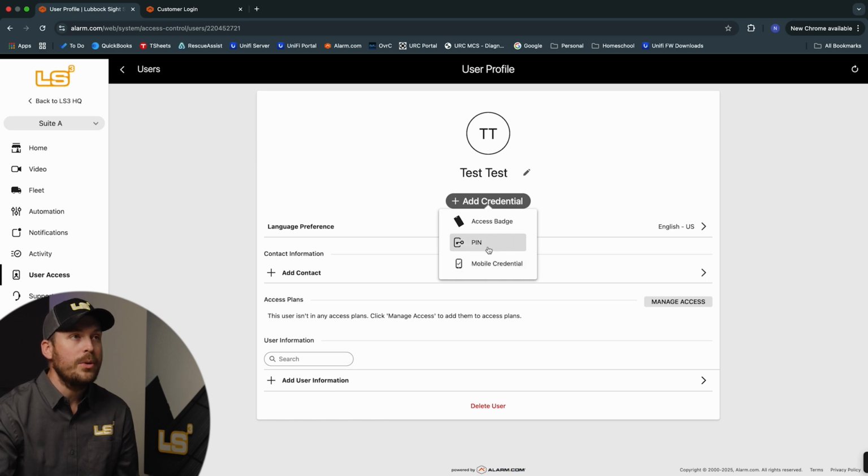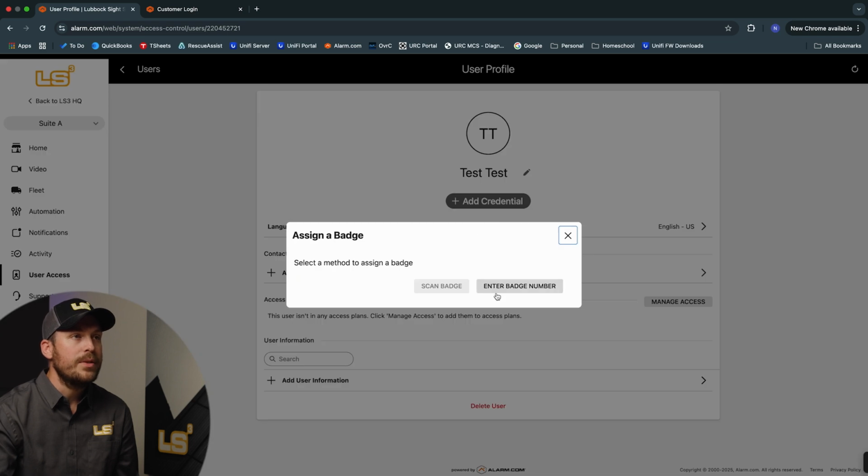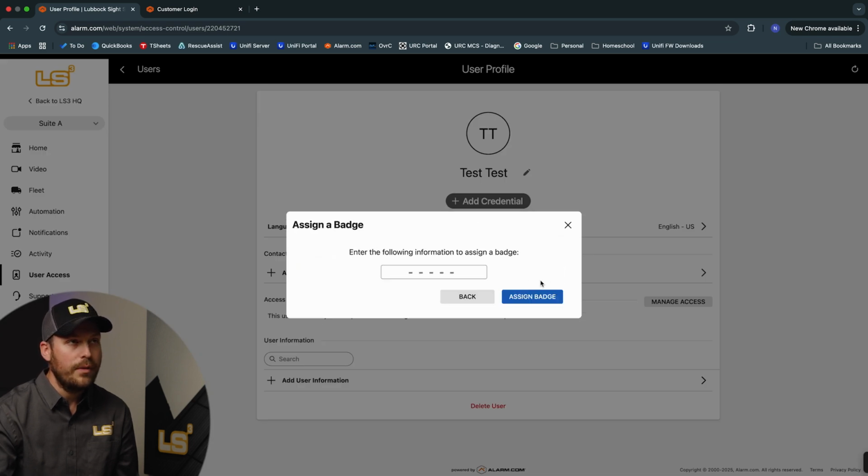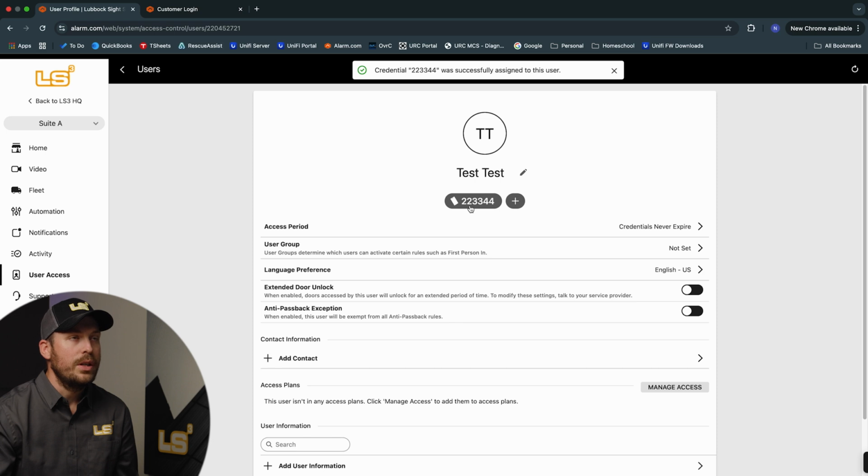So for example, let's start off with an access badge. A couple of options here. You can enter the badge number. They're often just written on the back. But say you have an old fob that's being recycled and you want to use it on someone else, you can do that, and I will show you that in just a second. For now, let's say we can see the number on the back, and let's say it's 223344. Okay, we're going to assign this badge, and now this credential, this key fob, whatever it may be, is attached